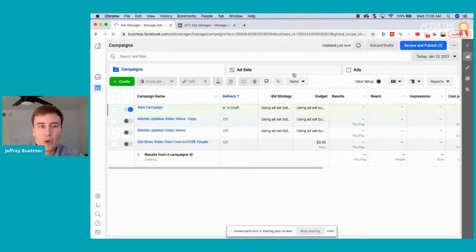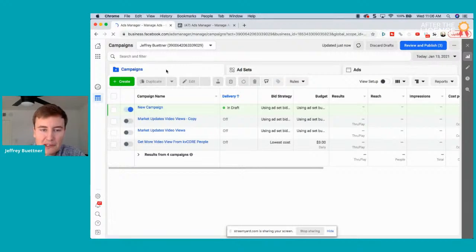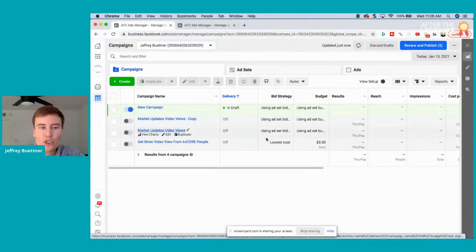These are all the components to a Facebook campaign. We'll touch on these more, but ultimately when you create a campaign, you're creating a campaign that contains a few different ad sets, and those ad sets all contain one or more ads. For our first campaign, we're really just going to create one campaign that has one ad set, that has one ad. But it's important to know those different parts when you're looking